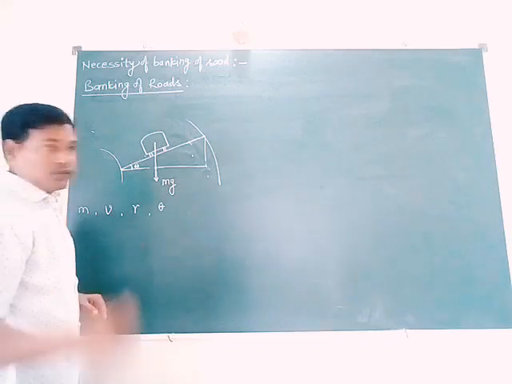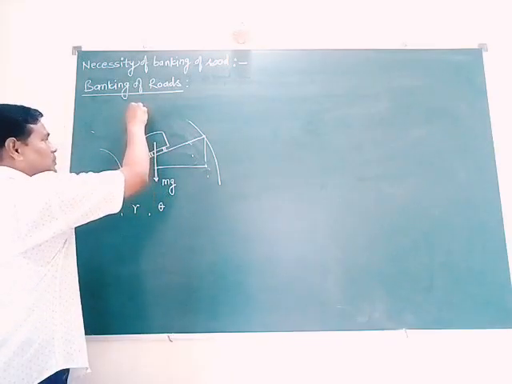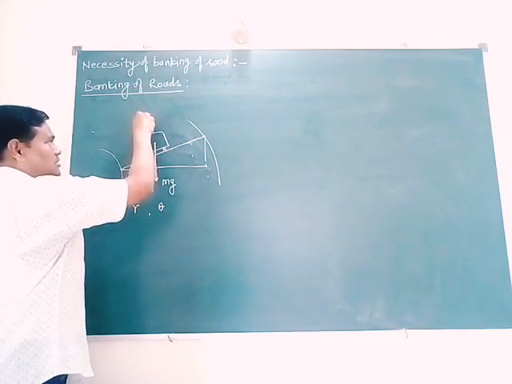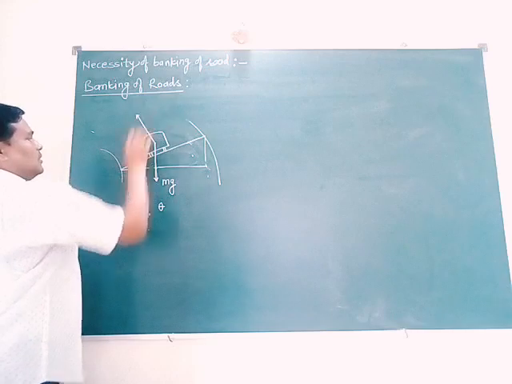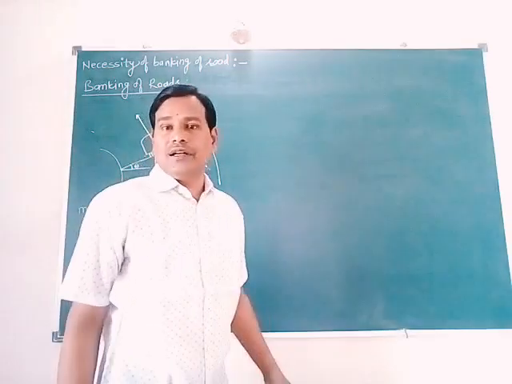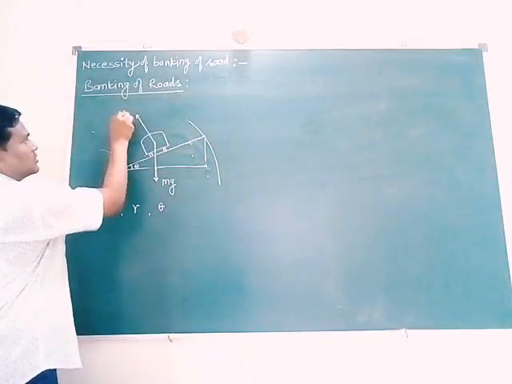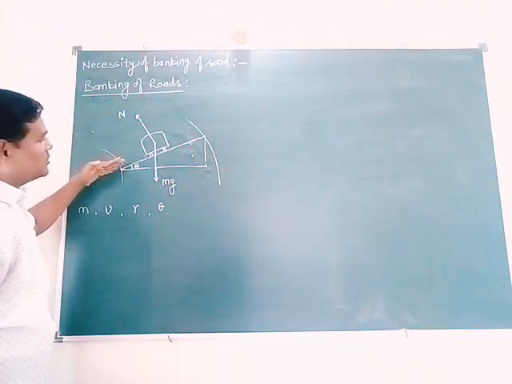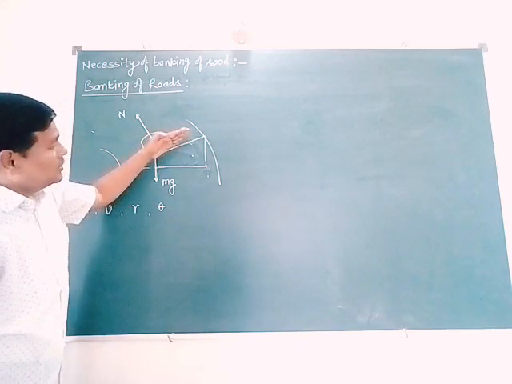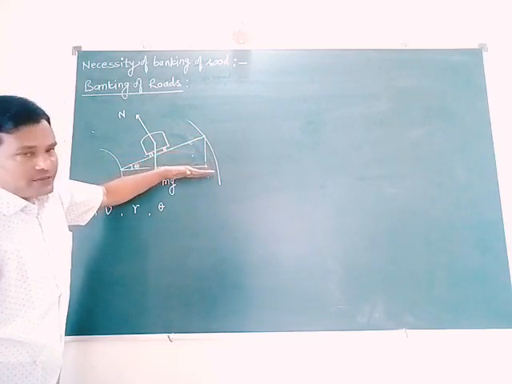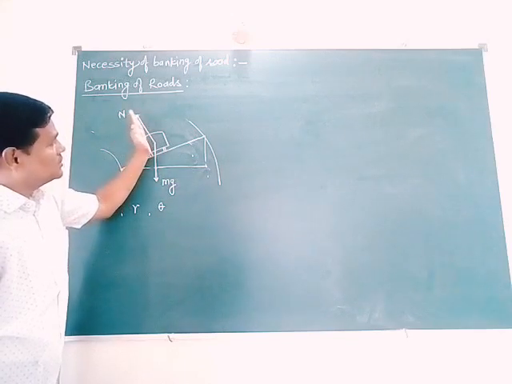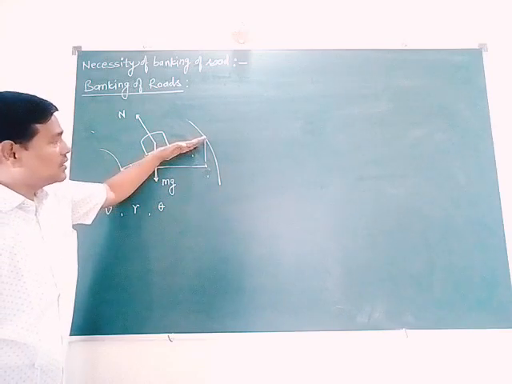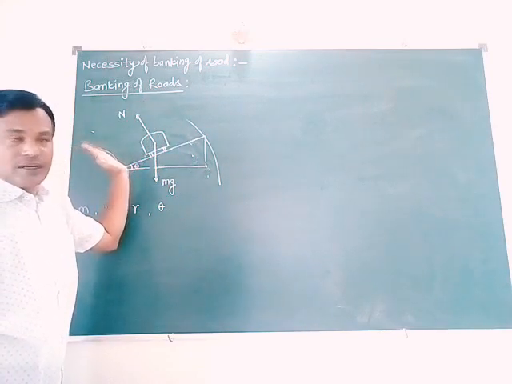Second part is the normal reaction. This normal reaction is always perpendicular to the surface, and here surface is inclined one. Therefore, normal reaction is like this, inclined, perpendicular to the inclined surface. This is normal reaction. You can write this as N or capital R. What happens if we take this surface to horizontal level? This normal reaction will move in this direction and it becomes perpendicular to the horizontal surface. Now it is inclined, therefore normal reaction is also inclined.